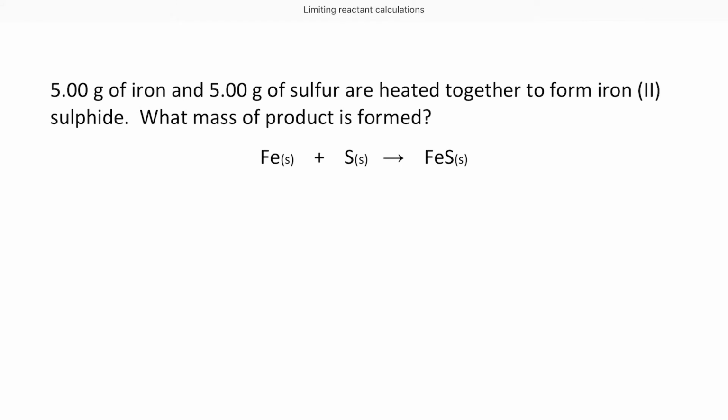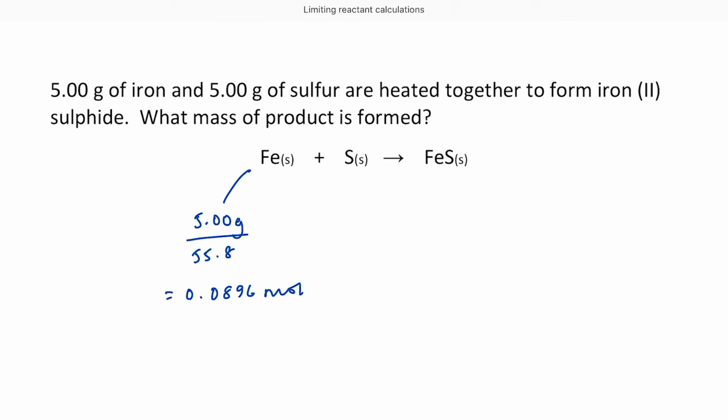5 grams of iron, 5 grams of sulfur. How much iron sulfide am I going to make? Well, once again, I always suggest that you set out the information you have in a way that's going to help you figure your way through this problem. So I know that I have 5 grams of iron. Mass isn't actually all that useful, so I'm going to turn that into number of moles, divide it by the molar mass, so that's 55.8, and that comes to